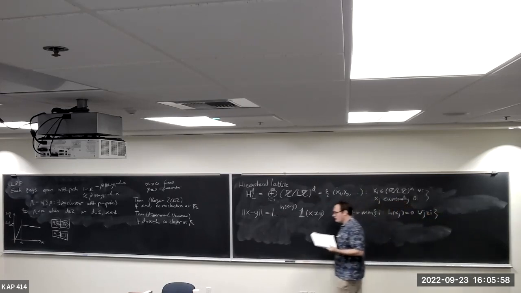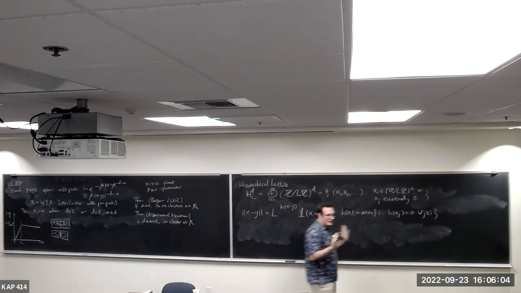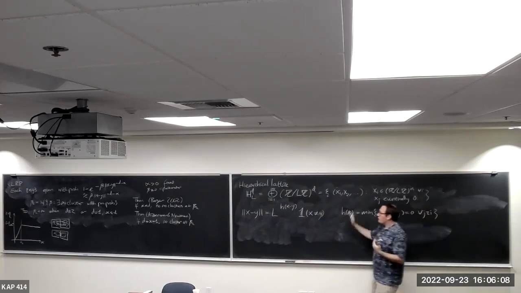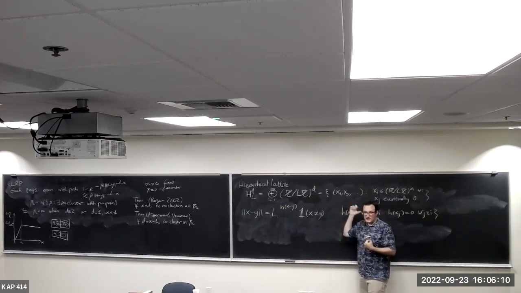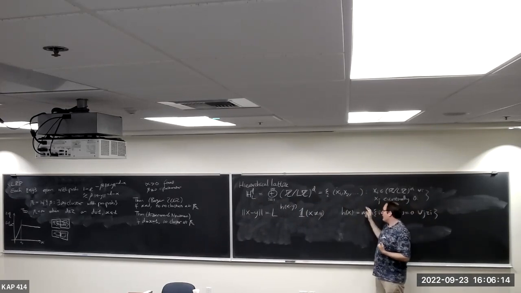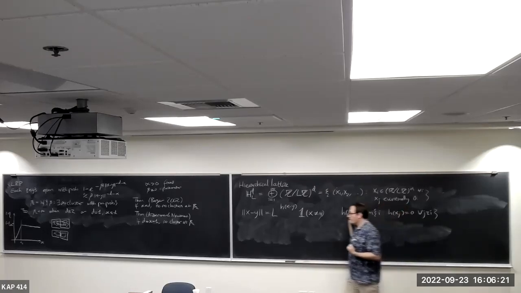So in other words, I feel like it's good to have a formal definition, but let's just unpack what this means. It basically means if you have two elements of this space, these strings that are eventually zero, the distance between them is exponential in the first place after which they agree for all time. Okay, so